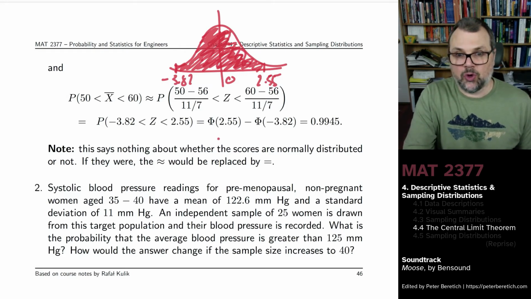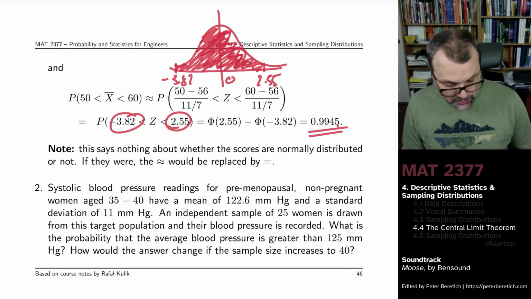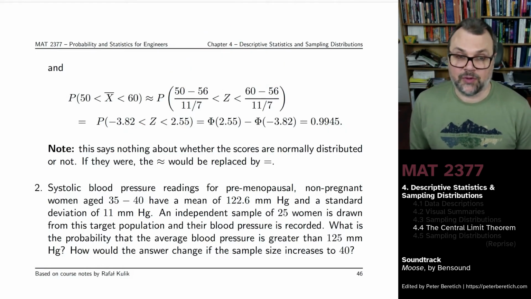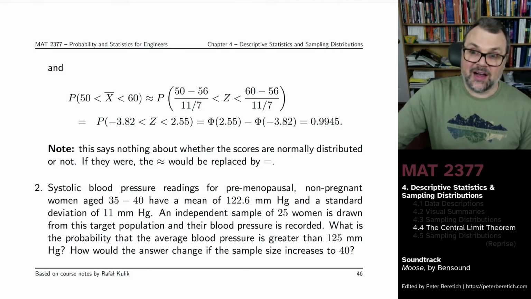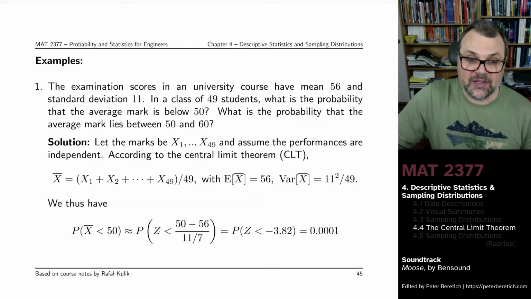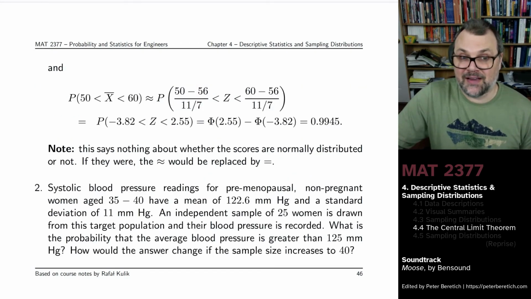So you just go out there and compute it. Phi at this extremity minus phi at this extremity, and you get very nearly 99.5% chance that the average will fall between 50 and 60. Now we saw in the previous slide that the probability of it being below 50 is very, very slim. The probability of the class average being between 50 and 60 is about